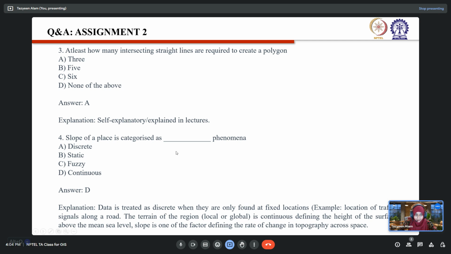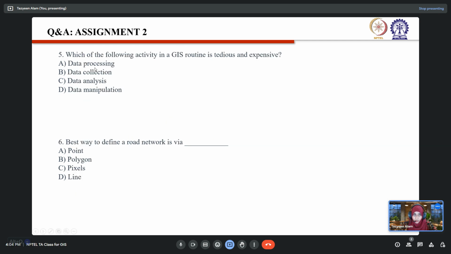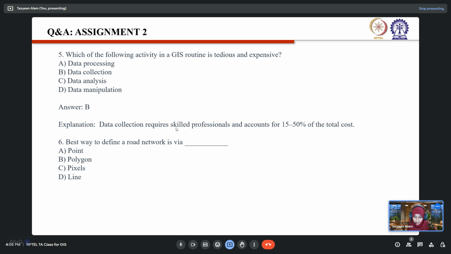The fifth question was, which of the following activity in a GIS routine is tedious and expensive? A. Data processing, B. Data collection, C. Data analysis, or D. Data manipulation. So your answer is B, data collection. This is because data collection requires skilled professionals, so you have to hire them, and that accounts for nearly 15 to 50% of the total cost. It depends on your scale of data collection, it depends on the type of data you want to collect,